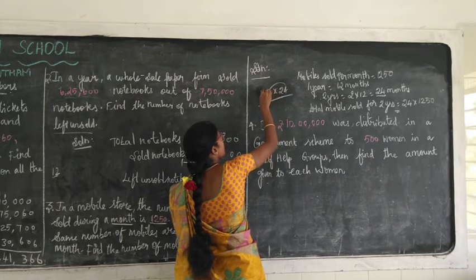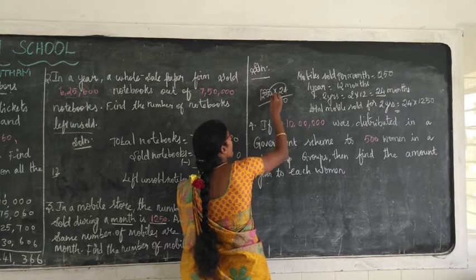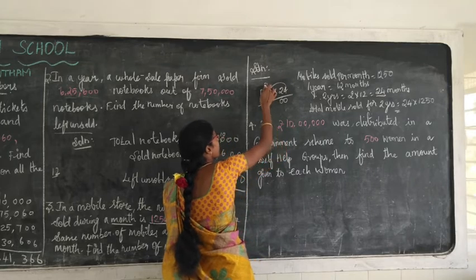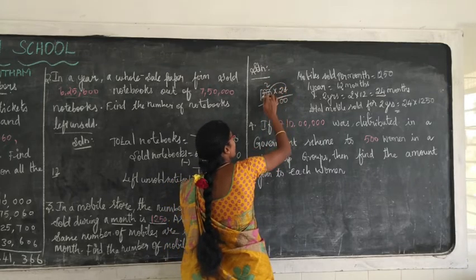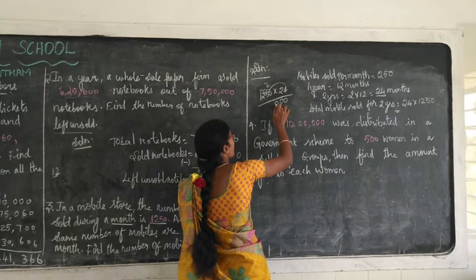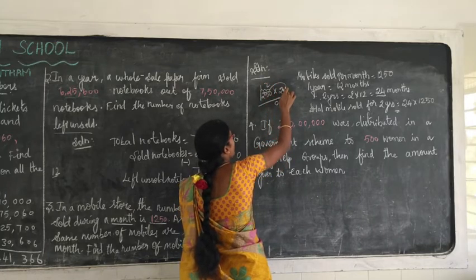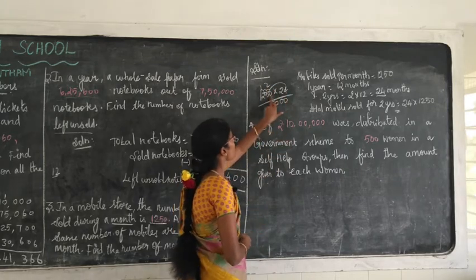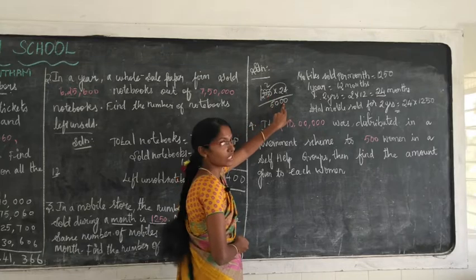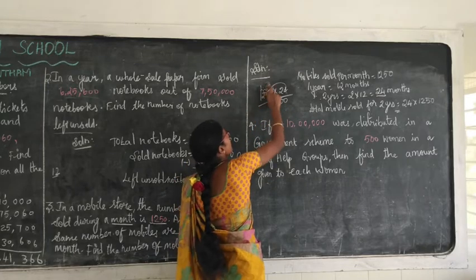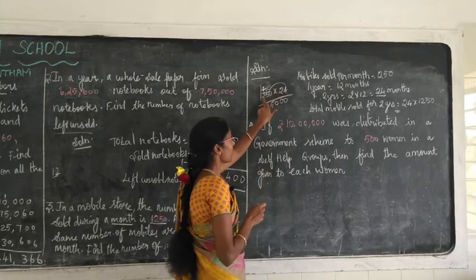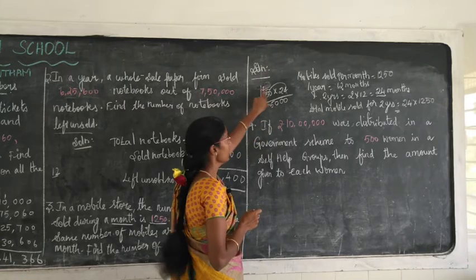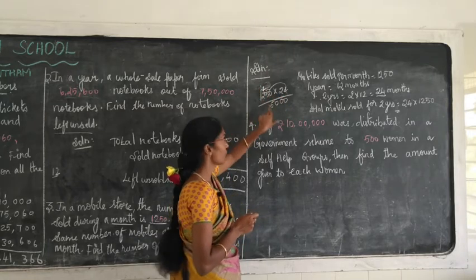First this number. 4 zeros are 0. 4 fives are 20, balance 2. 4 twos are 8, 8 plus 2, 10, 0. Balance 1. 4 ones are 4, plus 1, 5. Okay. 4 zeros are 0. 4 fives are 20, 0, carry 2. So 2 you can put here. 4 twos are 8, 8 plus 2, 10. So 0, you have to put the carry here. 4 ones are 4, plus 1, 5.